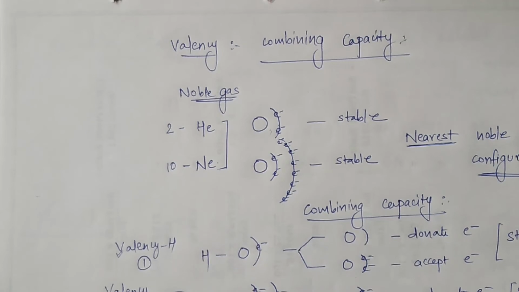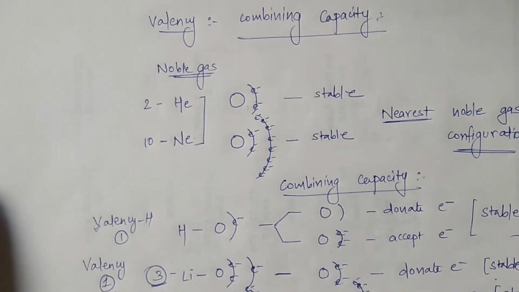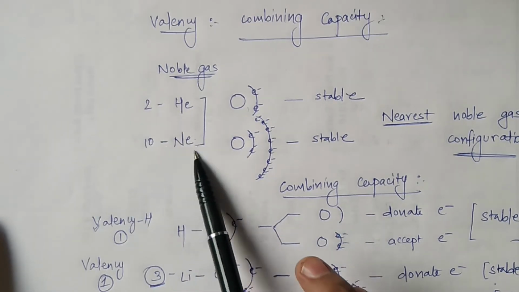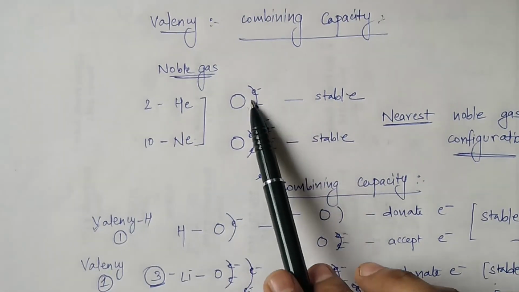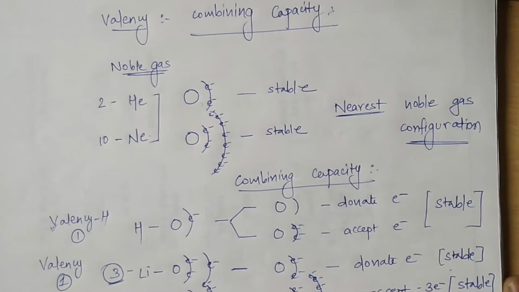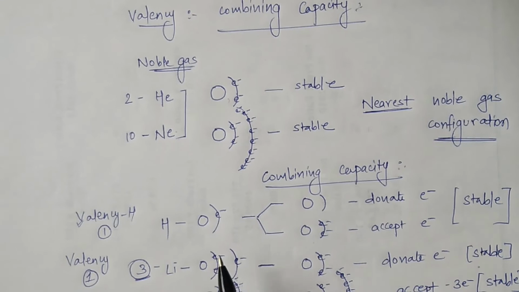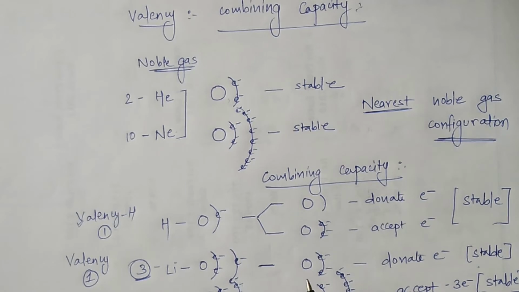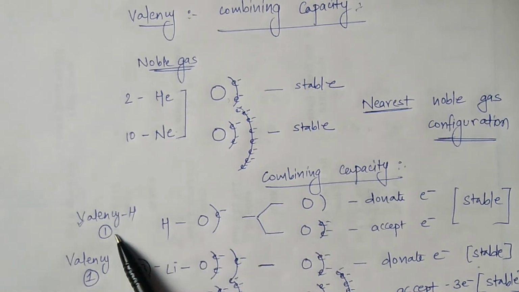See, here I have represented the example. Okay. See, helium is 2, neon is 10. Okay, this is the stable electronic configuration. Fine. So now see, hydrogen, how many electrons? 1 electron. Either it can donate 1 electron and become stable, meaning 0 electrons, or it can accept 1 electron and become stable. So hydrogen is having 1 valence electron and valency also equal to 1.